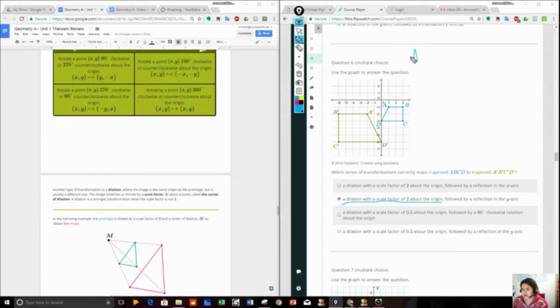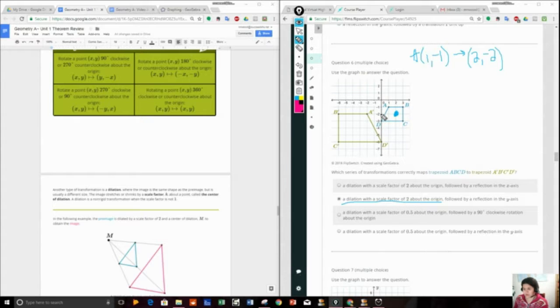The coordinates of A were 1, negative 1. If we do the scale factor of 2, that means it is going to be mapped 1 times 2 is 2, and negative 1 times 2 is negative 2. So if we were to dilate it, A would be located right here. And now to reflect it about the y-axis,